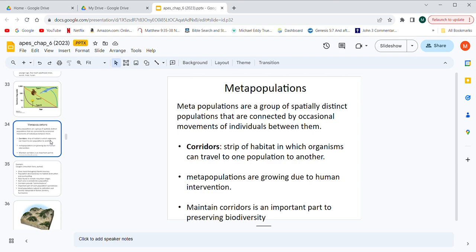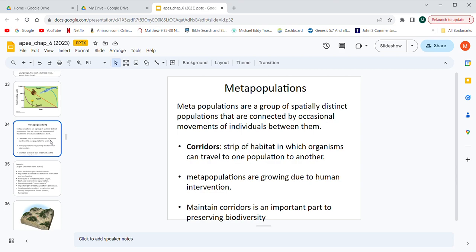A lot of top predators especially won't live in family units. They'll live in their own territory, where they hunt, primarily. One of the things that they need is the ability to move from one place to the next along what are called corridors. These are strips of habitat that act like a highway, getting those organisms from one place to another. And the problem that they have is that we keep intersecting their corridors.